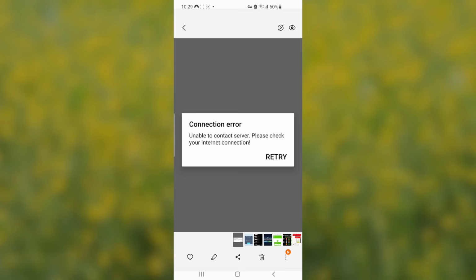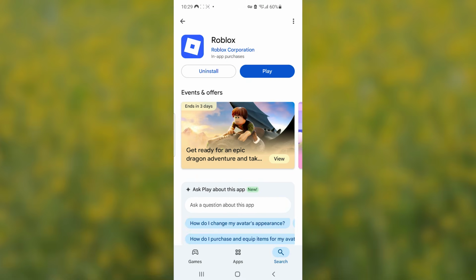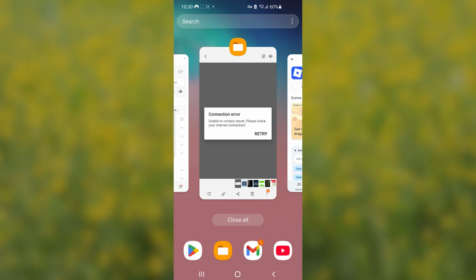If you've done so but you're still facing the same issue, just come here to the Play Store or App Store and make sure the Roblox application has been updated to the latest version. Now, if the Roblox application has been updated to the latest version, but you're still facing the connection error, just come